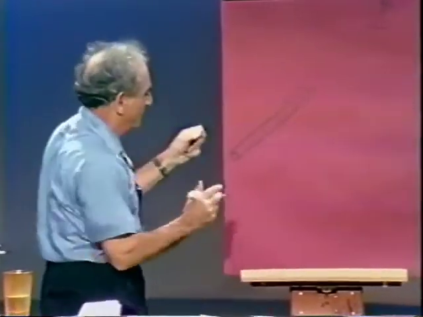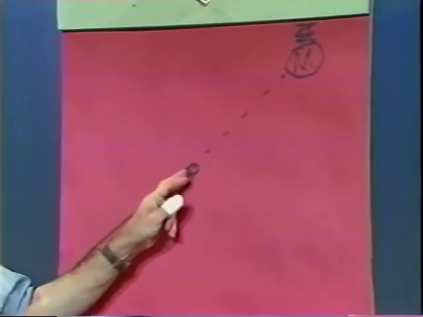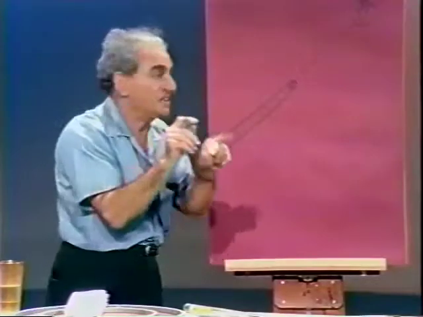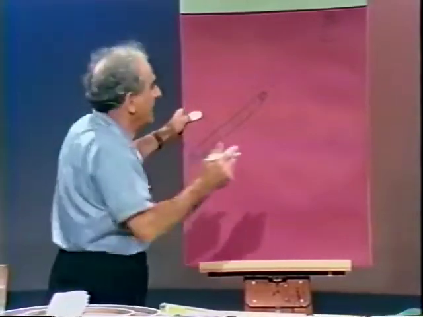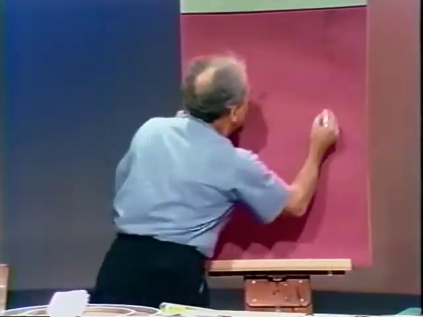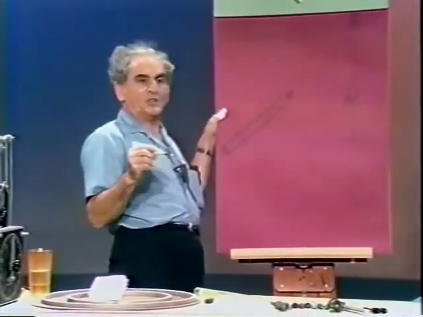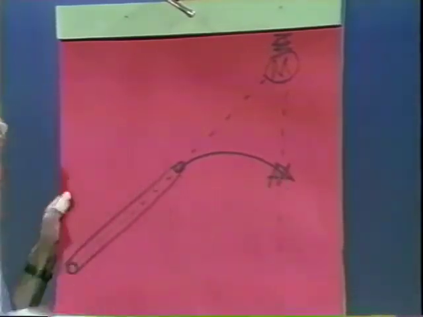Now you know what happens. The projectile emerges here. As it emerges, it opens the two little wires. The electromagnet loses its magnetic hold, and the monkey falls down. There's the monkey. Now let's say the monkey falls to there in a certain time. And what do we expect? We expect the projectile to hit him.